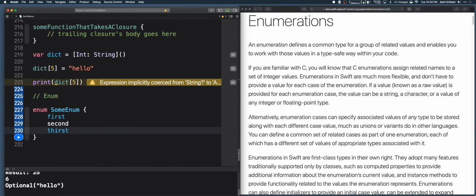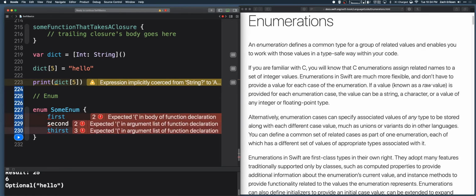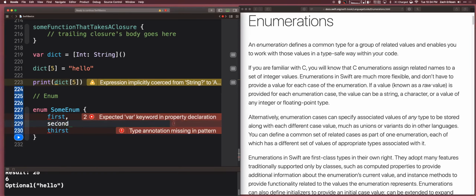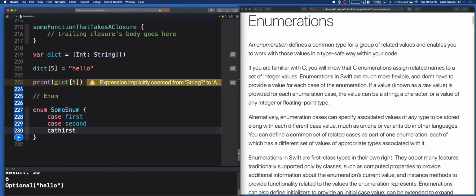I was trying to think of cool food names or something like that, but is it case? I forget. Is it comma? For some reason, I always forget enums. I always forget the case, and yeah, you need case, and that's because some other languages have the nice thing where you can just list the cases, but for Swift,